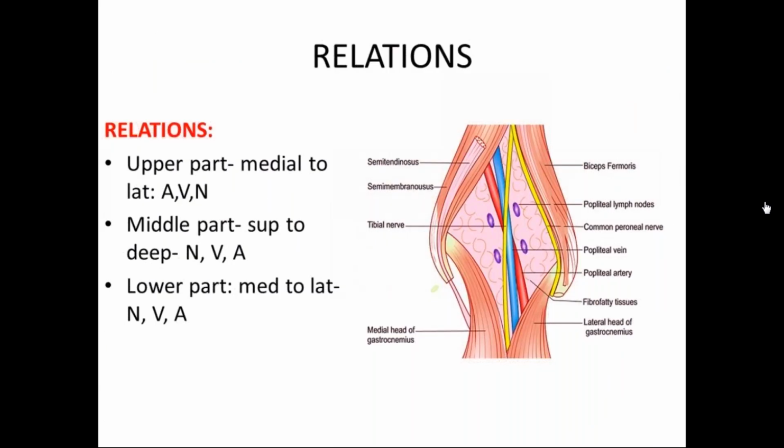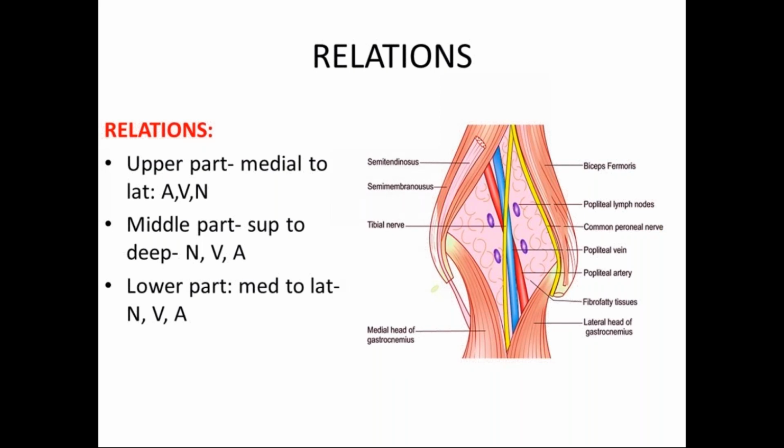As we can appreciate here, the popliteal vessels and the tibial nerve cross the popliteal fossa vertically from the superior angle till the inferior angle, and they are arranged one over the other. The tibial nerve is the most superficial content. The popliteal vein is lying deep or anterior to the tibial nerve, and the popliteal artery is the deepest of all. The artery crosses posteriorly from the lateral side to the medial side, behind the popliteal vein and the tibial nerve. Hence, the relative position of these structures varies in the different parts of the fossa.